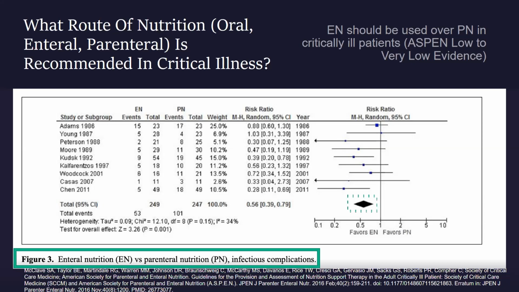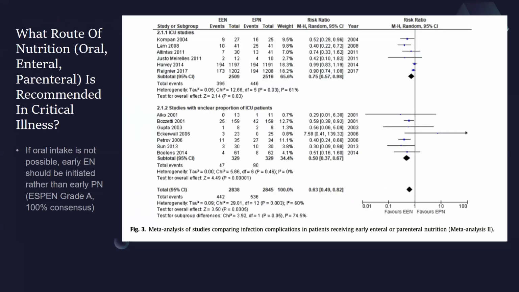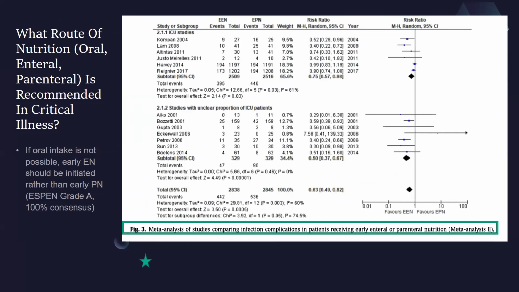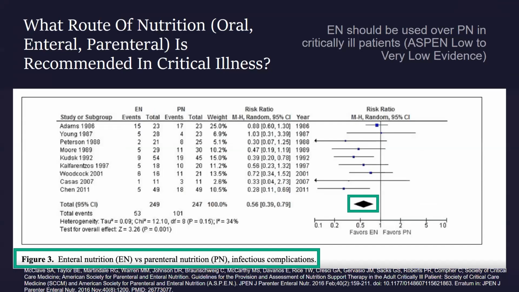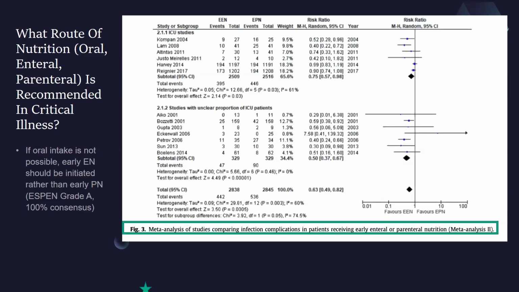This is a meta-analysis that was put out by the Americans that shows that for infectious complications, they favor enteral nutrition over parenteral nutrition. And then you can see the Europeans have a very similar meta-analysis that looks at infectious complications. They looked at it both in ICU patients and non-ICU patients, and again, that favors early enteral nutrition. The Europeans give this grade A evidence, whereas the Americans gave it a little lower grade of evidence. But again, if we look at the studies, for the American meta-analysis, the latest one is from 2011. So not a lot of the newer data is on here,